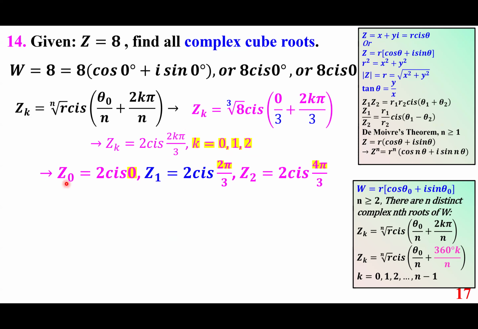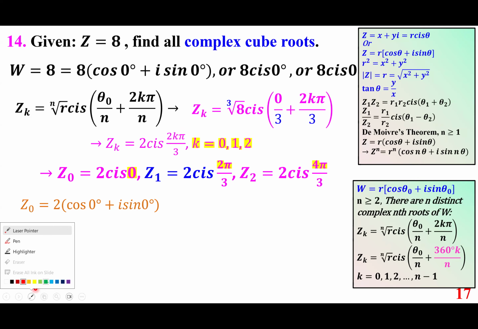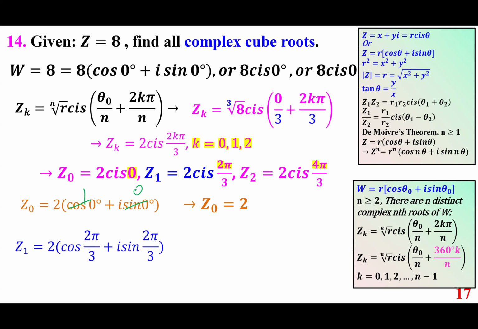So z sub 0 is 2 cis 0, z1 is 2 cis 2 pi over 3, and z2 is 2 cis 4 pi over 3, right? So you're replacing the k with 0, which becomes 0, with 1 becomes 2 pi over 3, with 2 becomes 4 pi over 3. For 0, you get 2. Then 2 pi over 3,